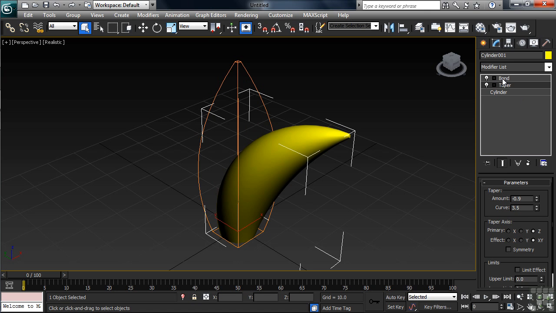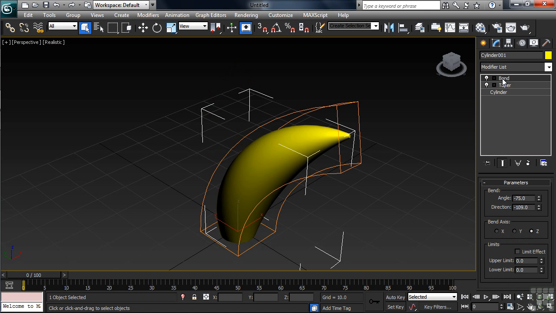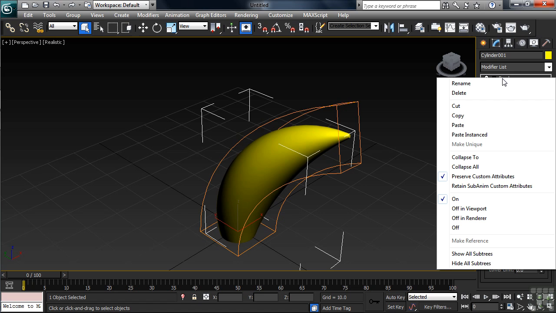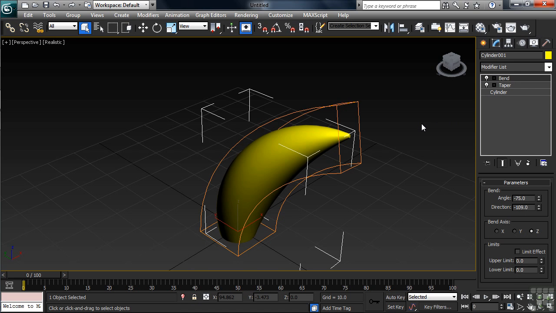We can then jump back farther up in the stack, clicking on the bend. Now, if you run into a situation where you no longer want a particular modifier, or maybe you've inadvertently added the wrong one, you can remove a modifier from the stack a couple of different ways. The first would be to put your mouse on the name of the modifier and right-click. In the menu that opens, you choose Delete. Now let's not do that for this one. Instead, to delete the bend modifier, I'll have its name selected in the list and I'll drop again down to